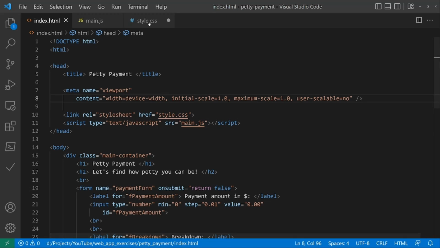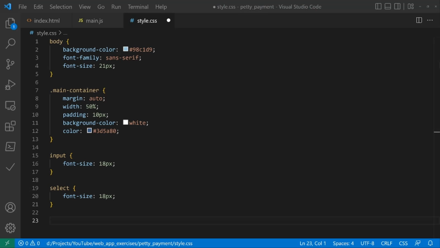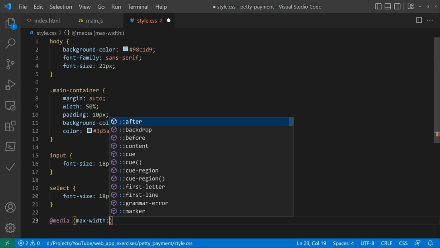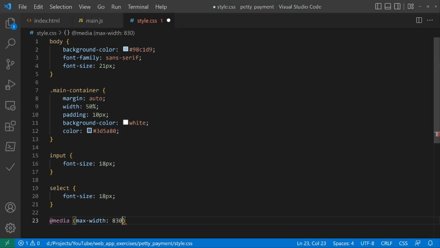So with this new information, we can head back to the styling and we can use a media CSS tag, which basically says, take a look at any of the media information you have. In this case, we have the width. So if our width is smaller than, let's say, 830 pixels, which I found is a good one to work with in this instance,